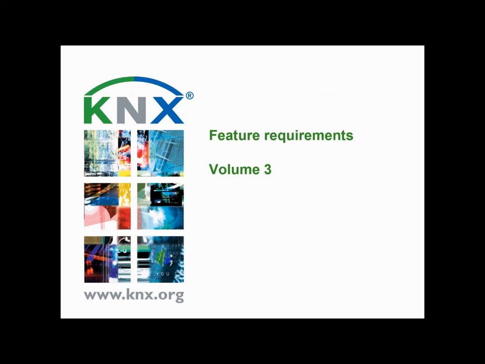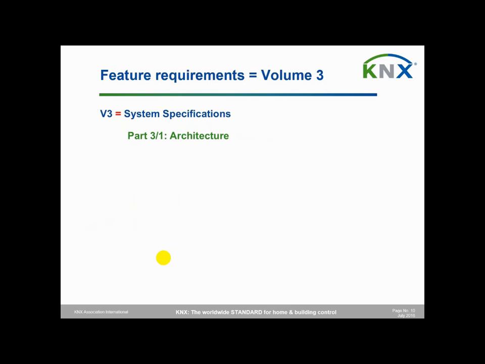Feature requirements then, so volume 3. Well, volume 3 are, so to say, the actual system specifications. The first part is about the architecture. So here we will find one chapter. The first chapter is about the actual architecture, which gives us a rather academic overview of